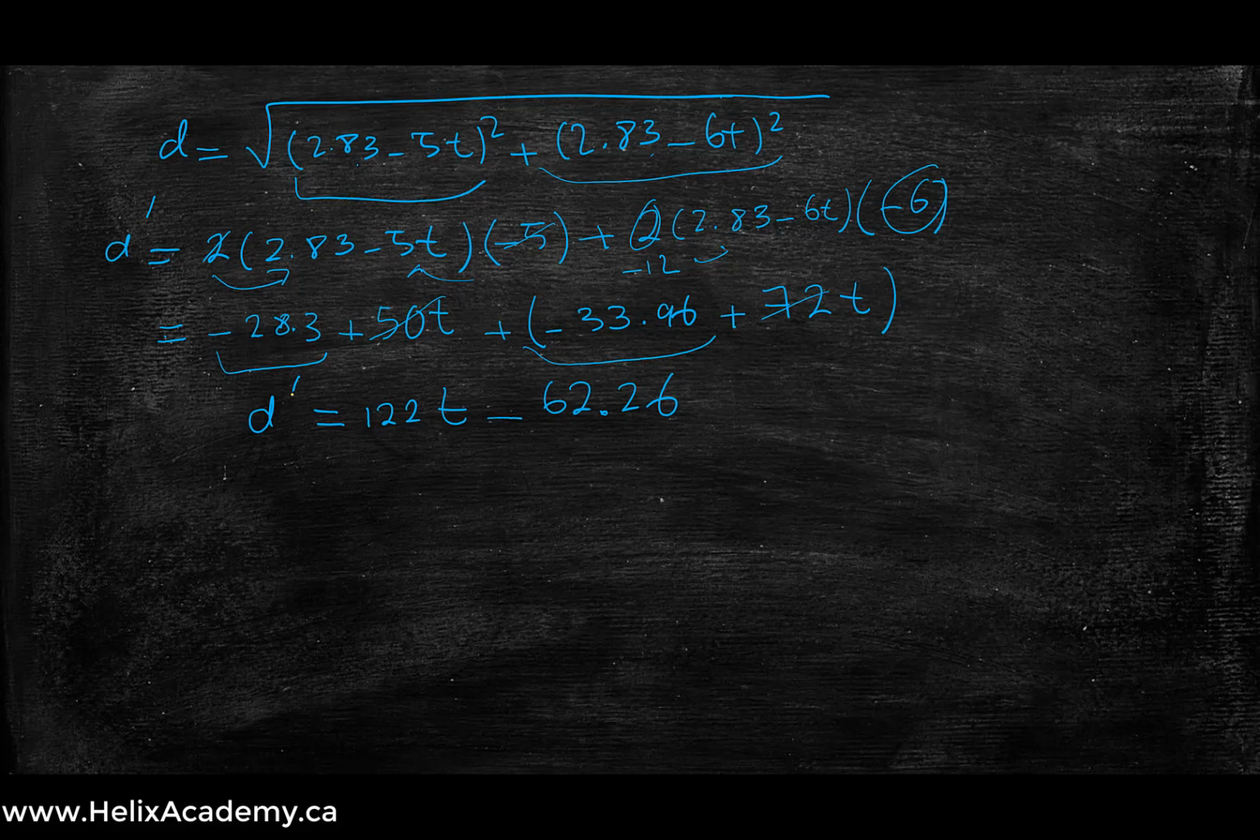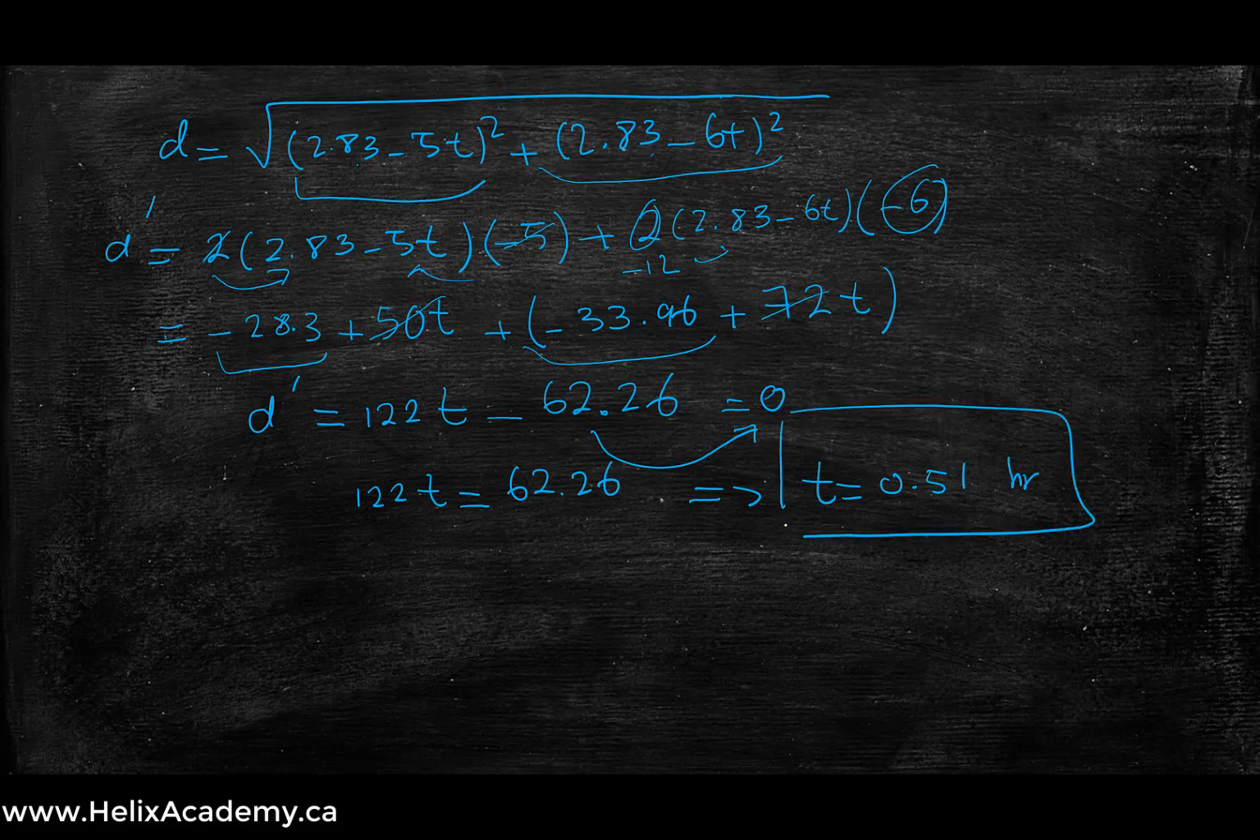Now all I need to do is put this equal to 0 and solve for t. So I will move this to the other side of the equation, and I will end up with 122t equals 62.26. Therefore, t is equal to 0.51. Well, we're solving in hours, so 0.51 hours. Okay, so now that we have t,